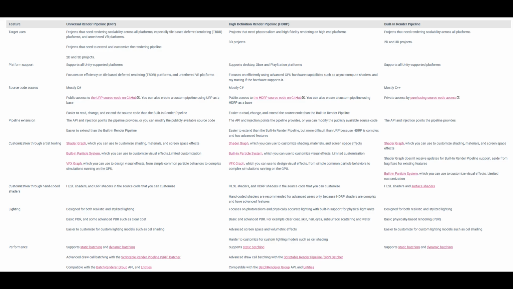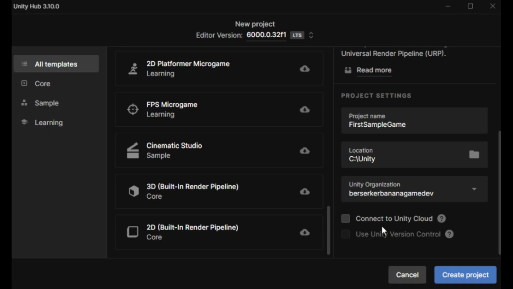If you want to keep the current screen, just pause the video. Finally, I can get to creating a project, newest version when I started making the game, Unity 6.0.32f1. This is how it looked when I created the Swarm Balls project, actually I didn't even name it like that. No usage of Unity Cloud or version control. And well, there is only one thing left, to click the create button.